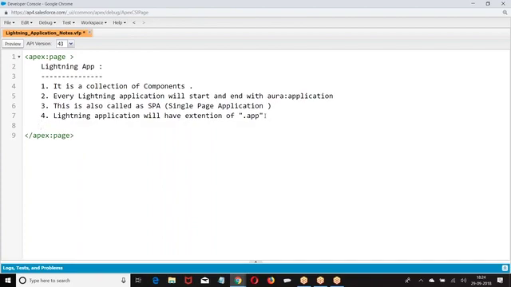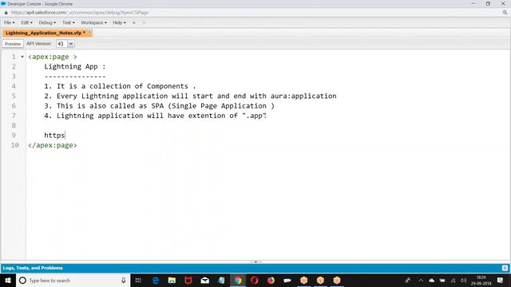Now, if you want to open a Visual Force page, how will you open? HTTPS, your domain name like server name, salesforce.com/apex/page. This is the general URL for calling any Visual Force page. Am I right? In the program, if you want to give a URL for a page, how are you giving? Salesforce.com/apex/page name you are giving.